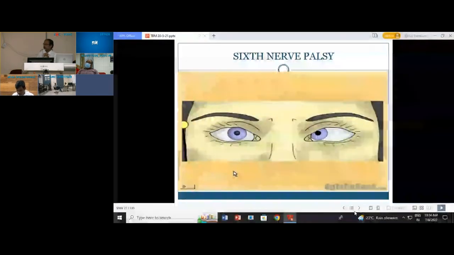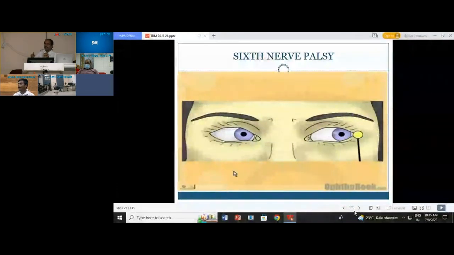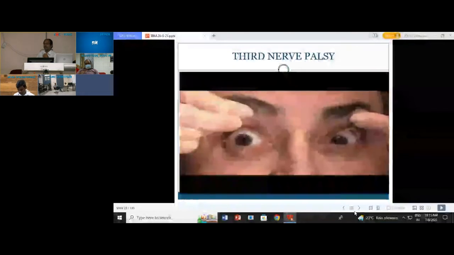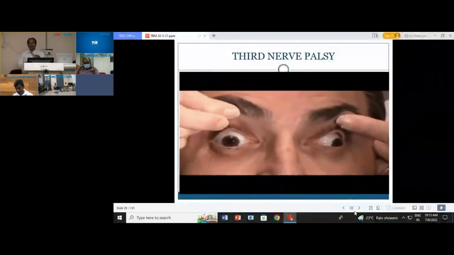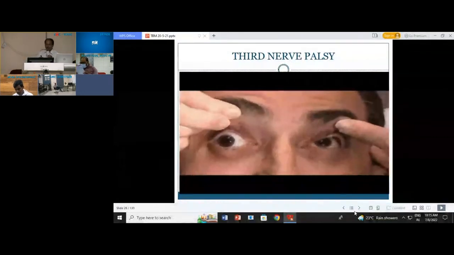Somebody has fever, headache with sixth nerve palsy, most of the time when the duration is more than 6 days, the most common cause is tuberculous meningitis. So look for sixth nerve palsy, then third nerve palsy, the other common one. They can present with only headache and sixth nerve palsy, headache and third nerve palsy, fever, headache, sixth nerve palsy, fever, headache, third nerve palsy. In third nerve palsy you can see all the 3 Ds: